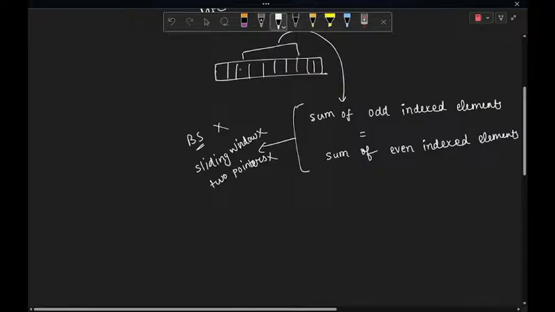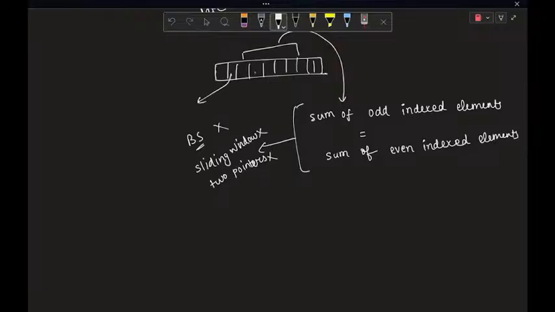And you might realize, like in my case, I realized that, hey, if I just consider all these elements on the even indices as minus ai, as negative elements, in that case, I want to find a subarray whose sum